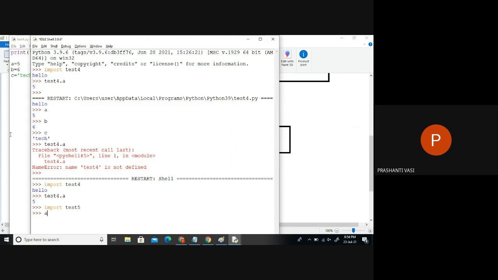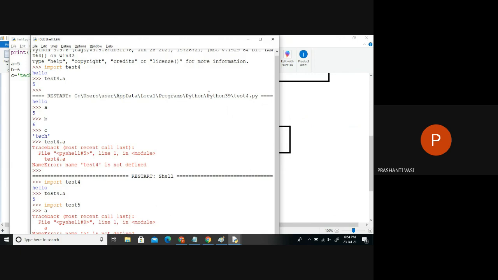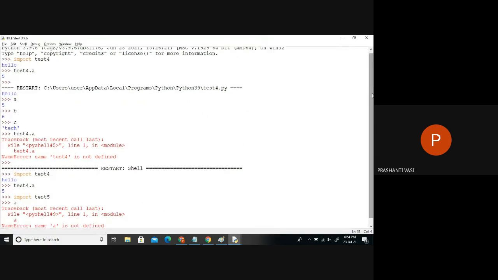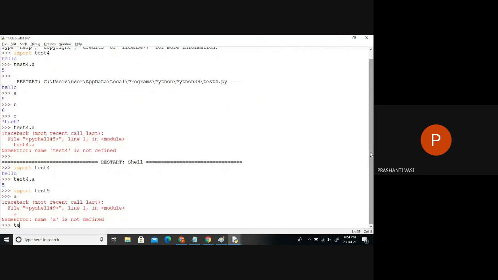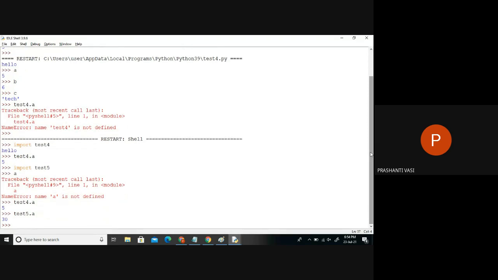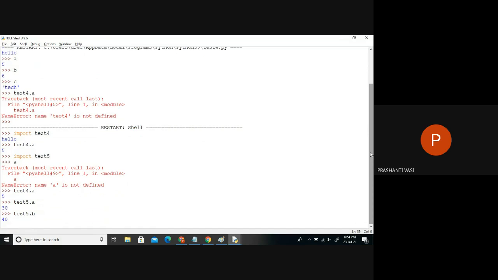If I simply say A, there is a confusion. Which A? Because the same data is found in two files right now. So whenever I have to call the information, I have to always call it with the name of the file, like this. So we are able to differentiate the data based on the file itself.